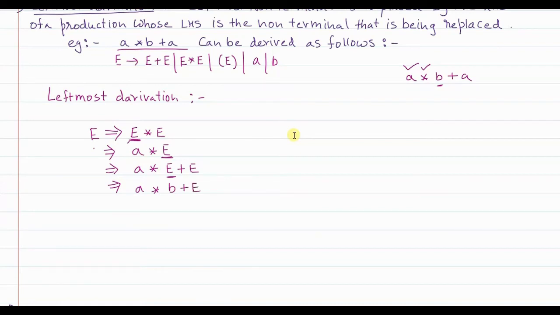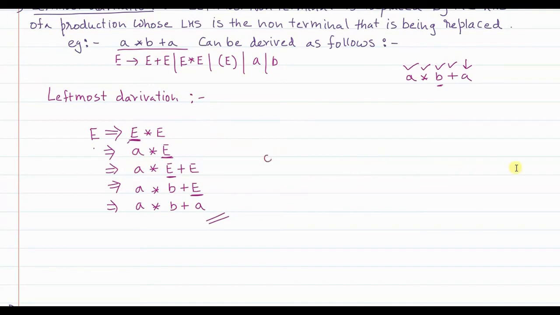right? So now which is the next leftmost element which is to be replaced? This is the next leftmost element to be replaced. What I want is after plus, I want only one A. So far all these terms we have already obtained. What I want is A. So this last E, I will replace it with A. A into B plus E is replaced with A. So have I got my string? Yes. So this is called as leftmost derivation.